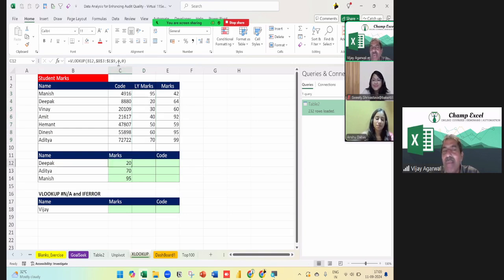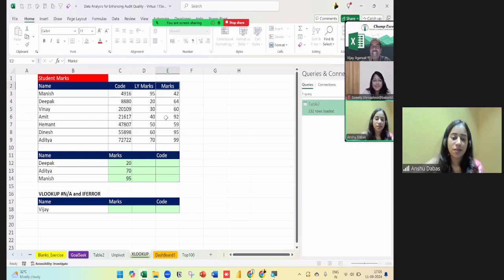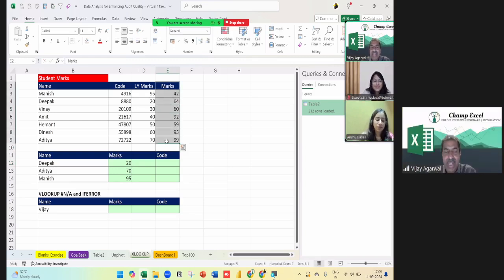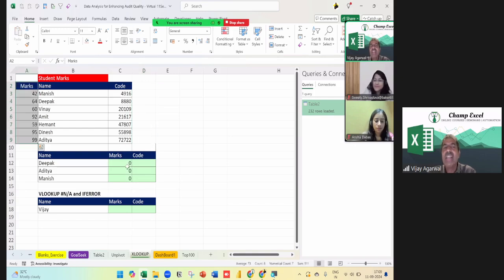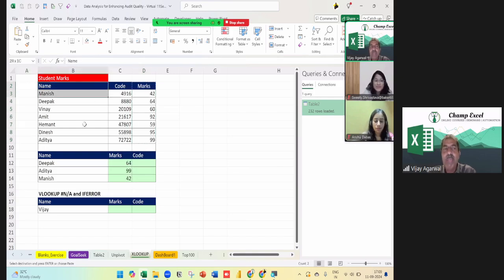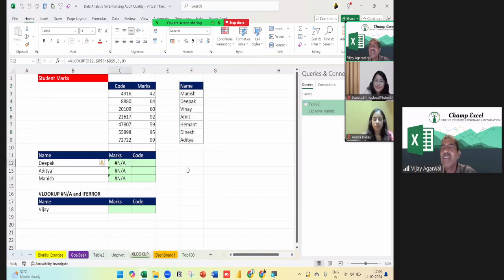So here I need to do it manually again. Instead of 3, what do I need to put? The 4th column. Am I right? That is the problem. What other problem is there? Suppose I press Control Z, and if I cut these marks with Control X, here again this is 0. Or if I cut this name with Control X, here this is an error.